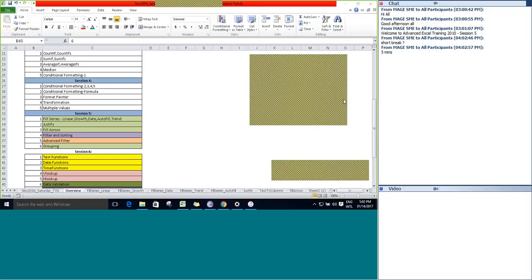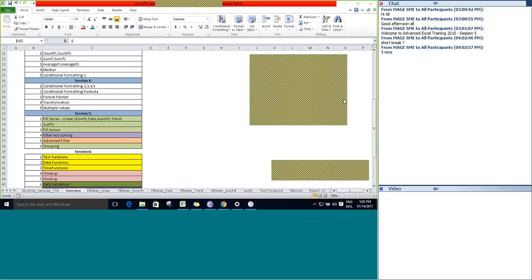And one more query, where do we use grouping, right? As I told you, if you select multiple sheets, when you open a new workbook and want to format the cell rows, that is row height and column width, you can use grouping. Or if you are creating any template, whatever action you do on one cell, if you want the same to be applied to all the remaining worksheets, that time you can go for grouping.